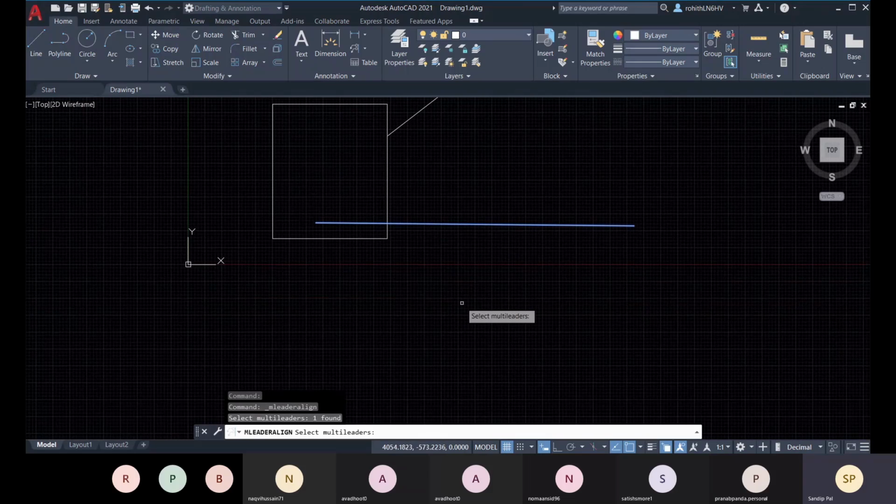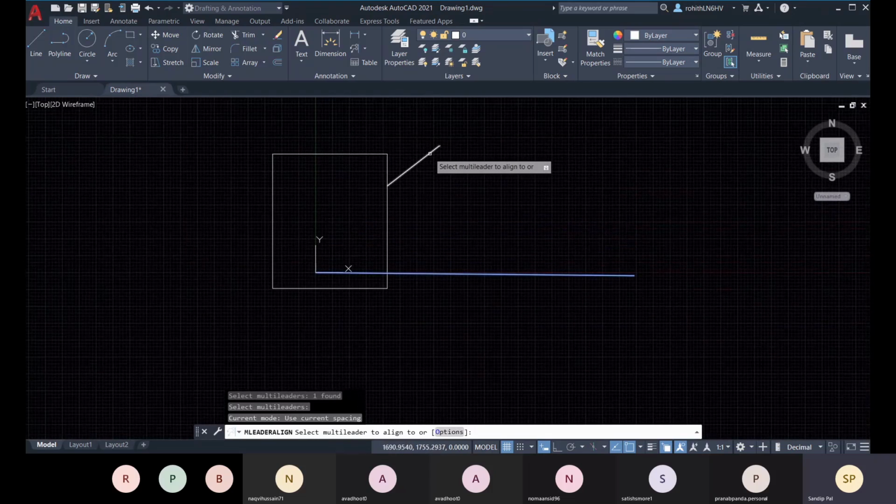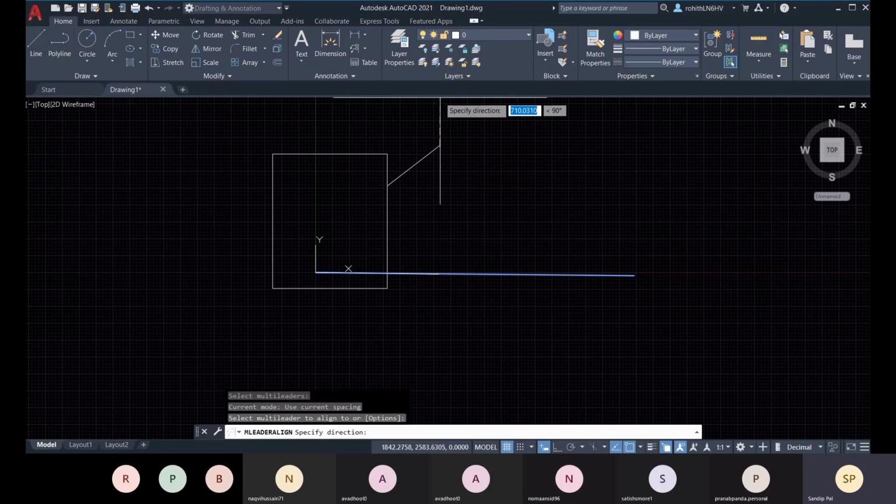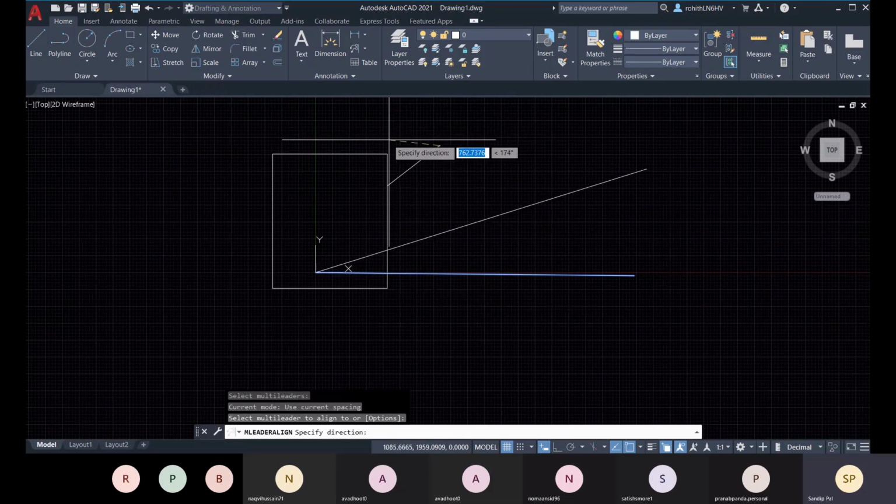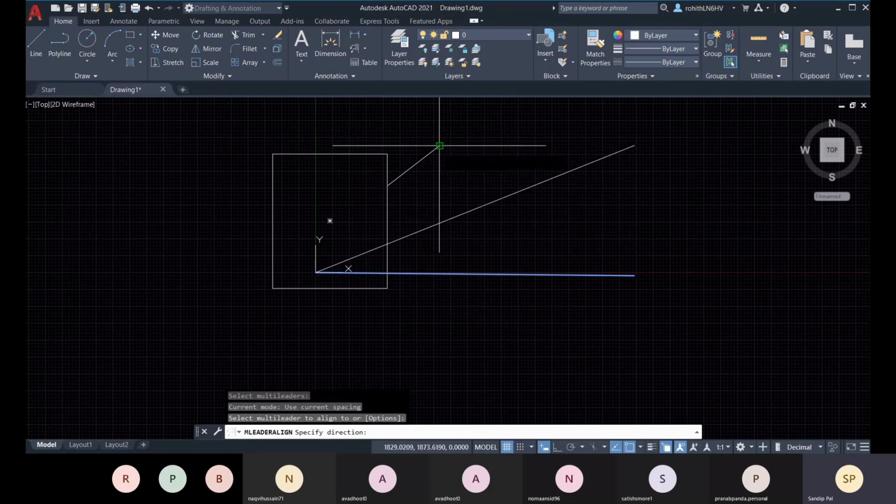Then I will press enter to tell AutoCAD that my selection is finished. Press enter, and then you select the multi-leader with which you will align. So select this, and now you see that with this you will align. All right, like this you can align it.